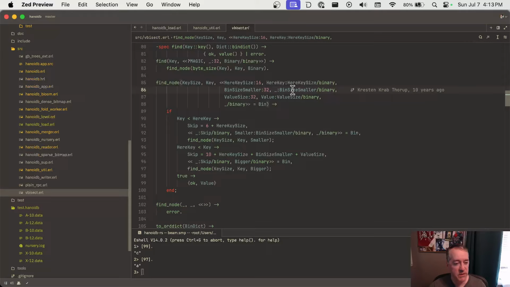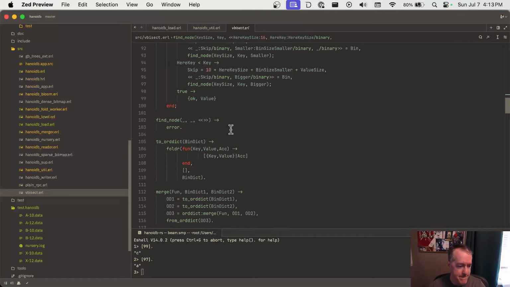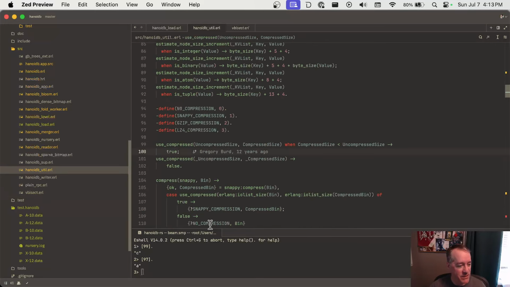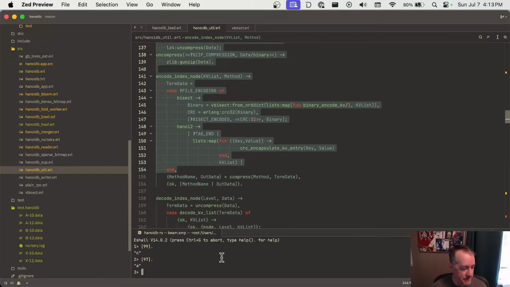I want this bin size smaller. Okay, so this is the size of this. So this is like what keys are smaller. Okay, this is very, very odd. And if we change this and let's